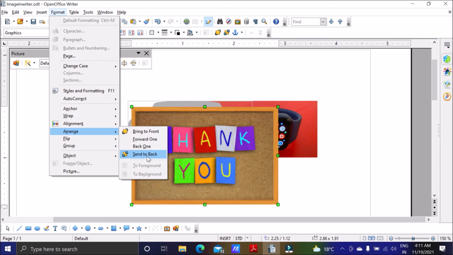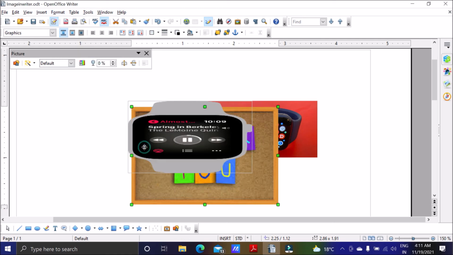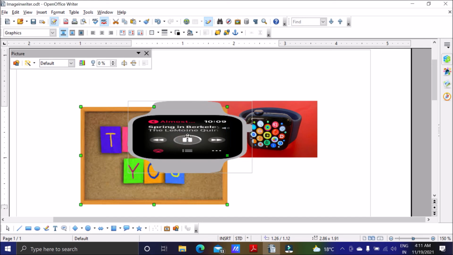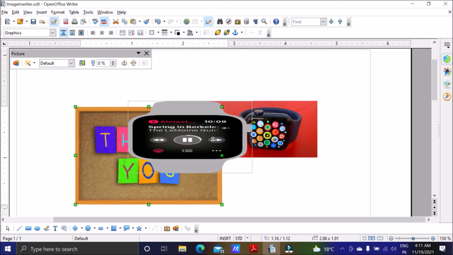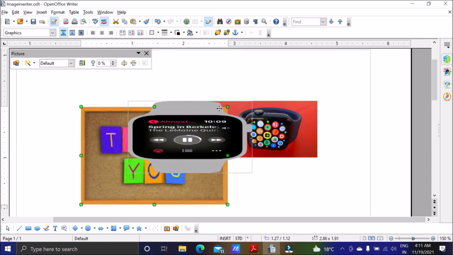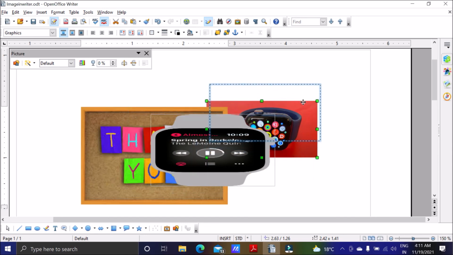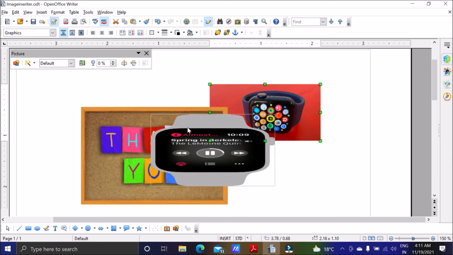Send to back means that it will go to the last. Back one will position it in the second position, so only one it will go back. You can see it is in the second one. This is our first one, and this is the third one. Likewise, we can change the arrangement of the images with respect to each other.